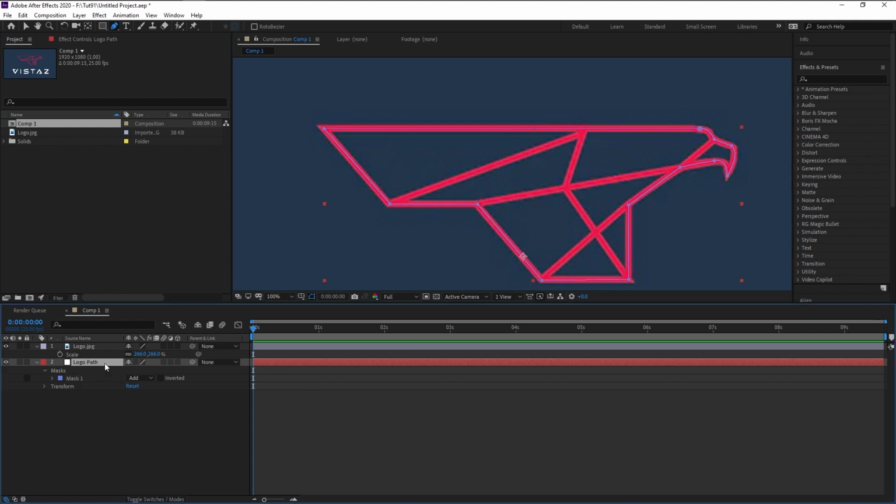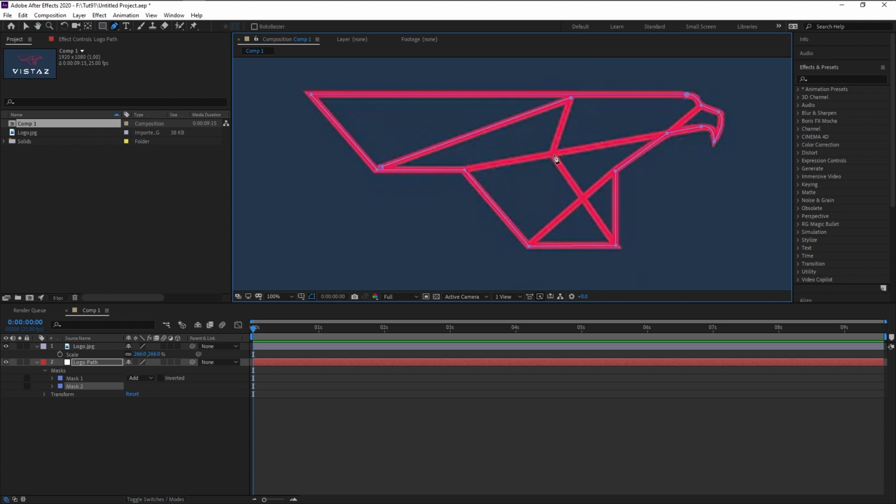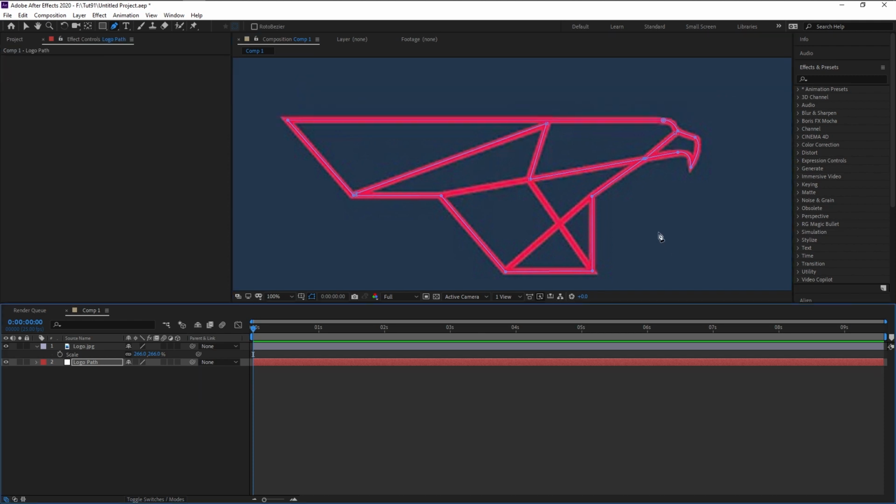Click over here and click on this empty box to finish the mask. And that's it. Again select the logo layer. Now we will create a different mask. Zoom in over here, click over here, place it like this. Now again click over here. Click over here and click over here. Bring it over here. Then connect it over here. And just like that.